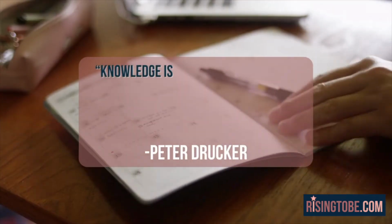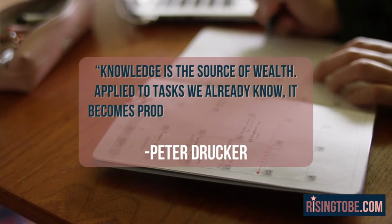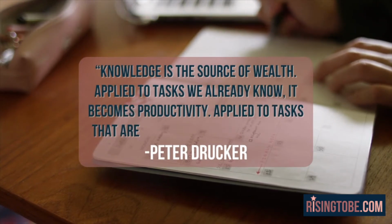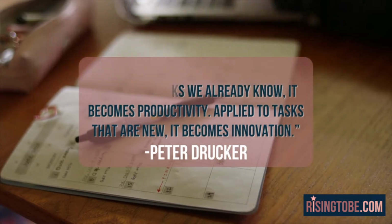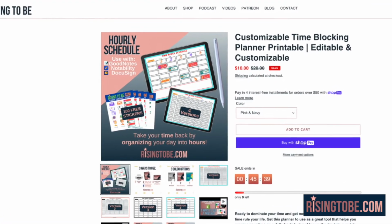Tip 5, time blocking planner printable. Knowledge is the source of wealth. Applied to tasks we already know, it becomes productivity. Applied to tasks that are new, it becomes innovation. Peter Drucker. Ready to dominate your time and get more done? It's time to stop letting time rule your life. Get this planner as a great tool that helps you manage your time on a daily basis by breaking up